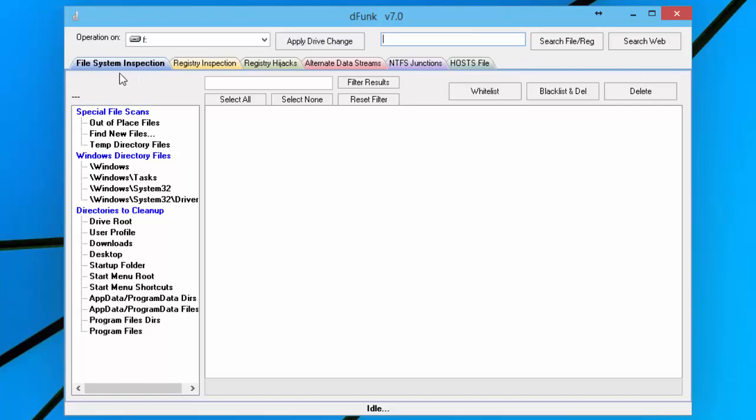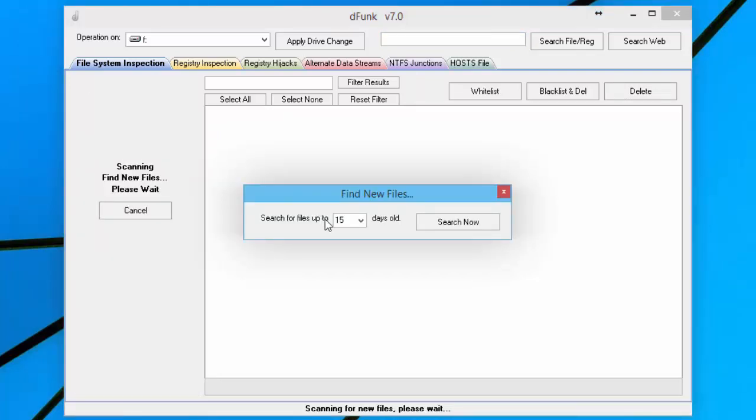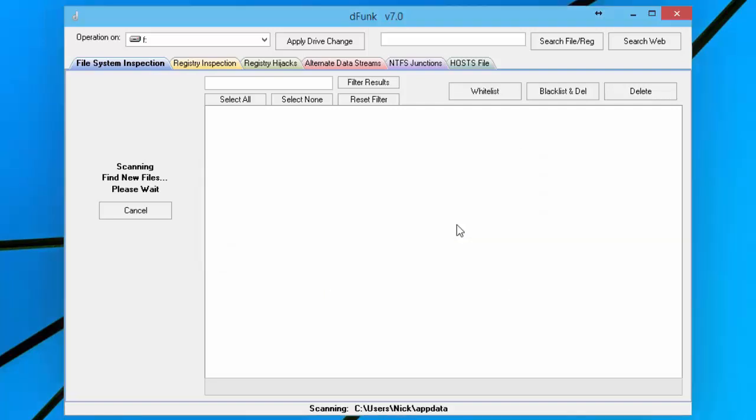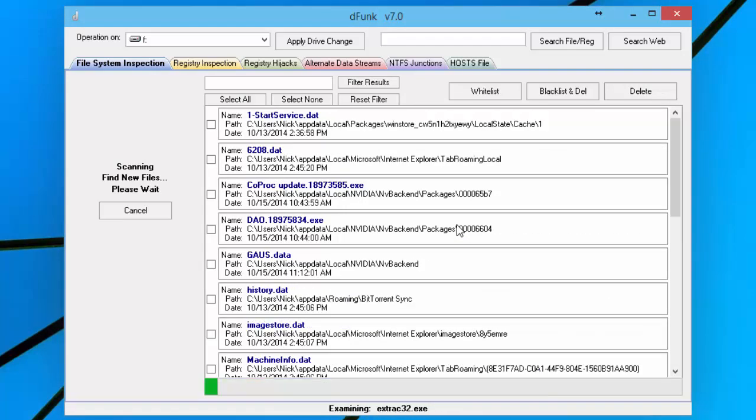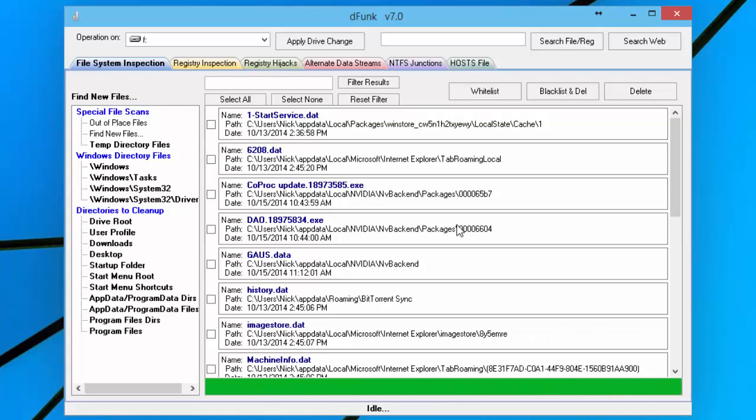Let me start with our file system inspection. Now our out-of-place files I threw up at the top. We've got Find New Files below that. Find New Files will pop up the window to prompt you for how many days you want to search for in the file age. You can just hit enter right there, and it's going to find some new stuff. I'll just go ahead and click on something,